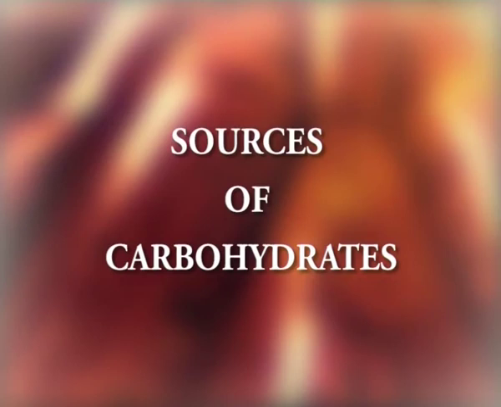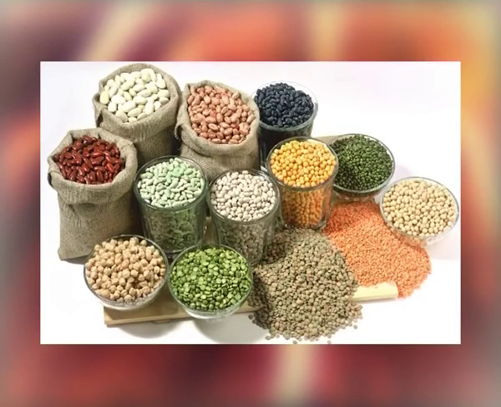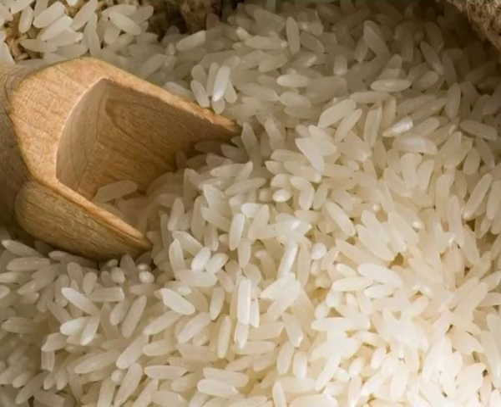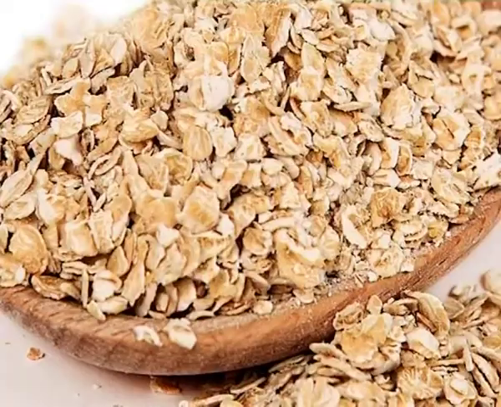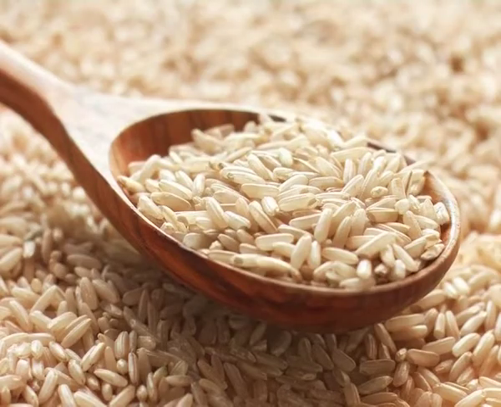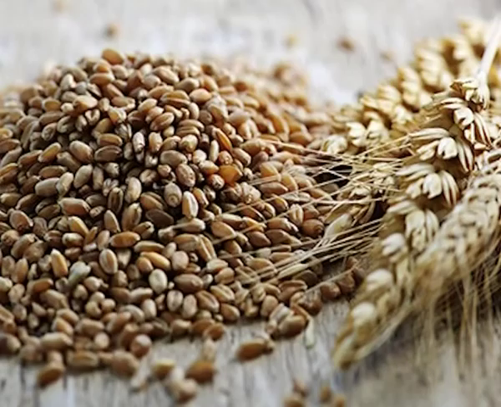About the sources of carbohydrates. Whole grains are an excellent source of complex carbohydrates and dietary fiber. Some grains that contain carbohydrates include rice, corn, wheat, barley, oats and buckwheat. Whole grains like brown rice and whole grain wheat are the best sources of complex carbohydrates. The consumption of complex carbohydrates through whole grain is proven to be highly beneficial for maintaining overall health. Most of the ready to eat cereals contain a good amount of sugar even though they claim to be whole grain.